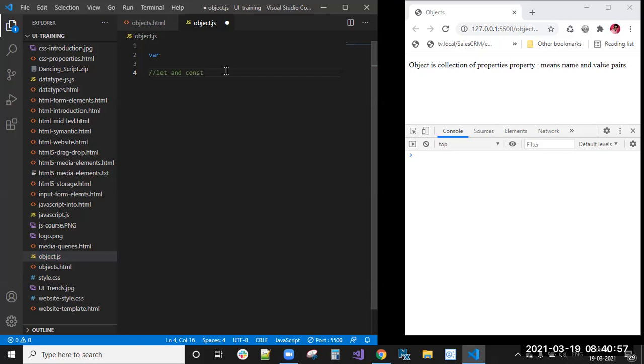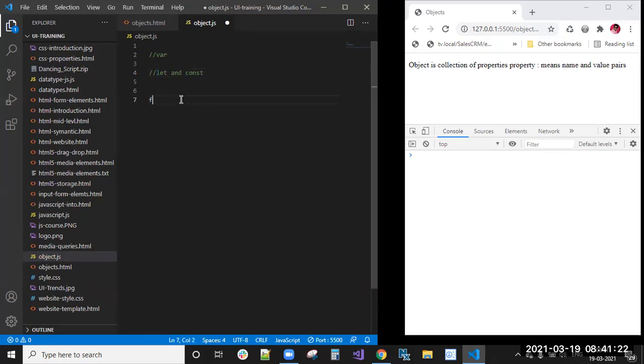Local variable scope and global scope. So var is the general JavaScript variable declaration, but inside a function scope or any block-level scope, we use two more, let and const. Both let and const are keywords.